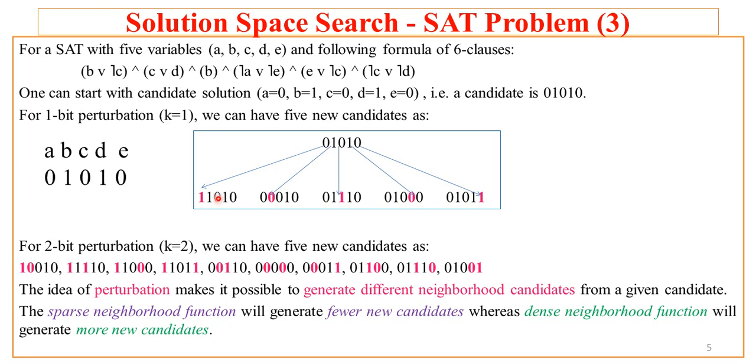That means first we'll try with this new candidate, then second new, then third new, then fourth new, then fifth new. Suppose none of these candidates is giving a solution to the given SAT, then the same candidate will be used, but next time the bit is 2, that is, there will be 2-bit perturbation. So here 2-bit perturbation means one can change 2 bits at a time. For example, if A is false and B is true, then with 2 perturbation a new child will be generated which will change 2 bits at a time.